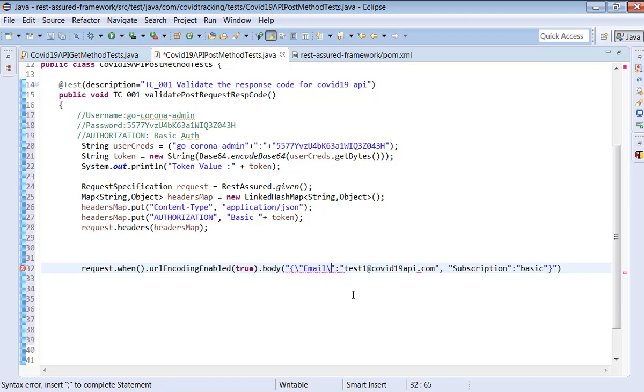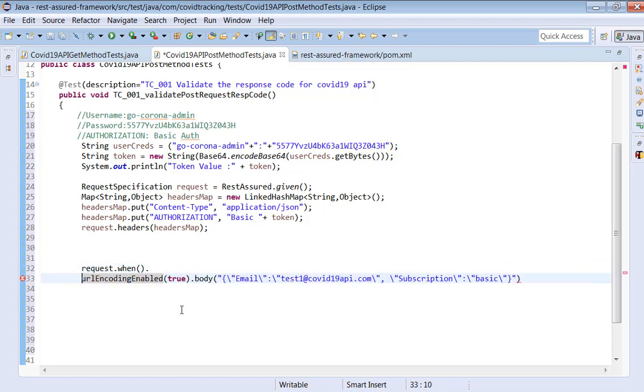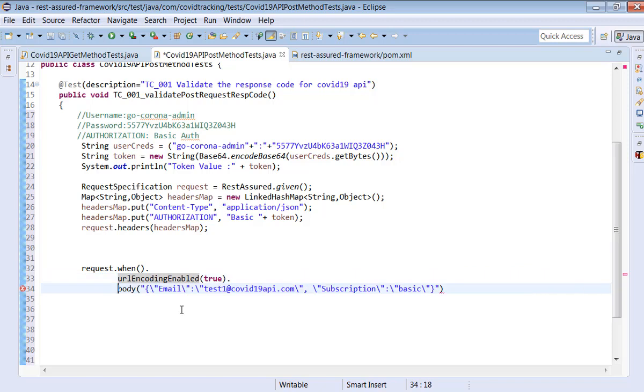See, when you put double quotation, it's a string, right? Between this is the content. If you want to consider the content which contains double quotation, we have to add one backward slash here. See, everywhere you see double quotation, just simply add one slash. That's it. It is working fine, right? So request.when, URL encoding true, body,